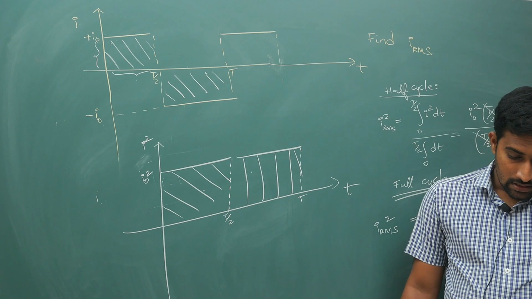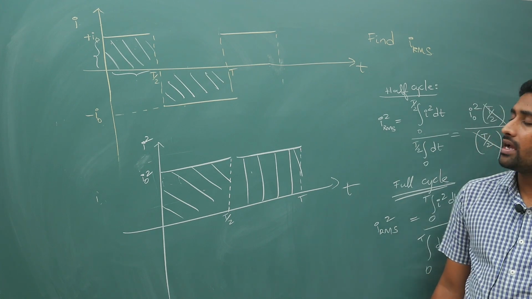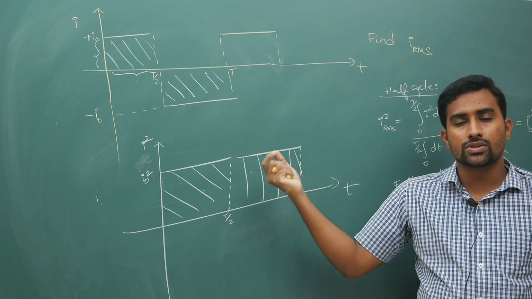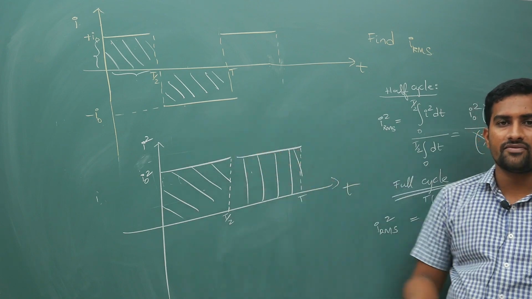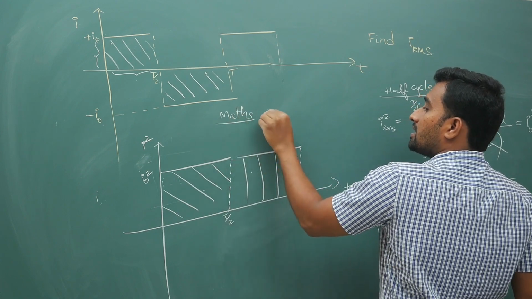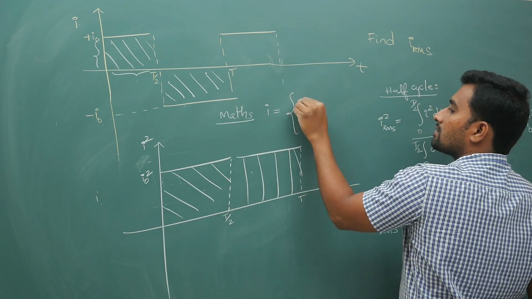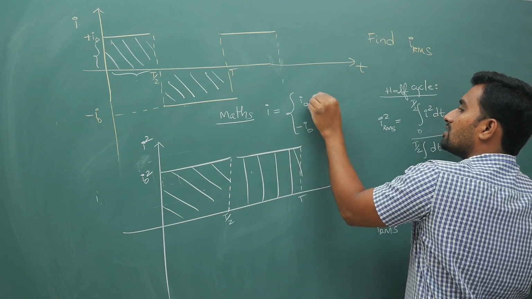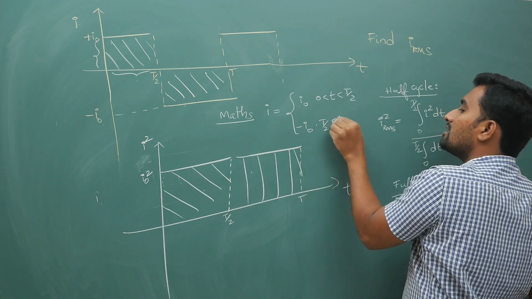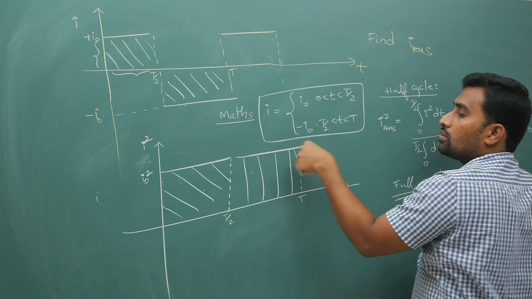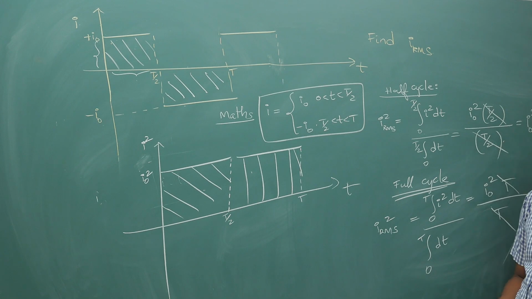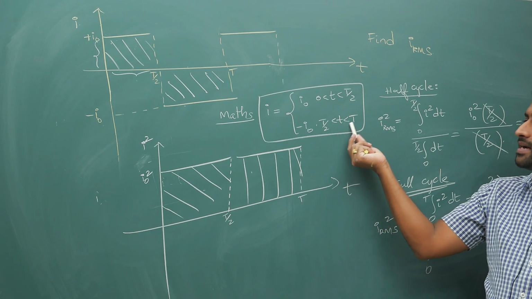Now next, one more graph I will try to draw. Hope you have understood it. If you are given the I-t graph and asked for I RMS, do squares, or else you can set this up as a function. Those who are very good in maths, this function is: I value is I naught for 0 less than t less than T by 2, and minus I naught for T by 2 less than t less than T. This is your graph. Now do squaring on both sides, you get the I square function, and then try to give the answer. But this is for those who are good in maths, they will try to do that.